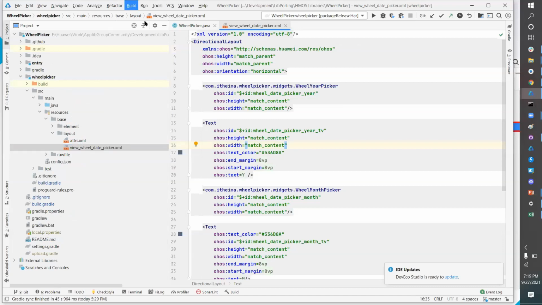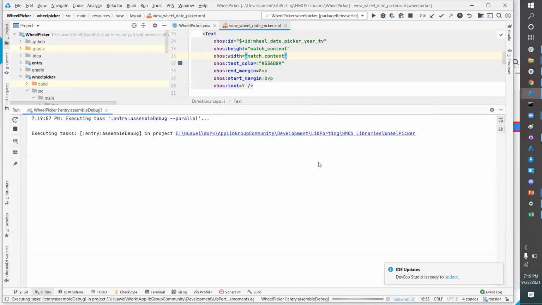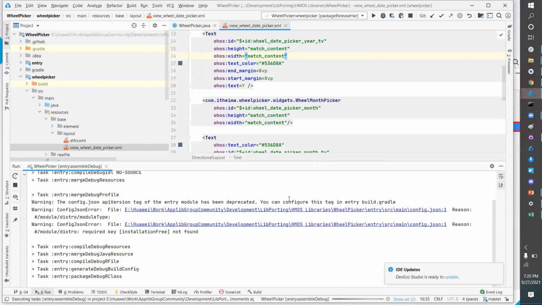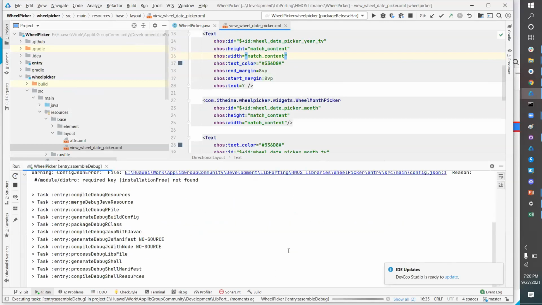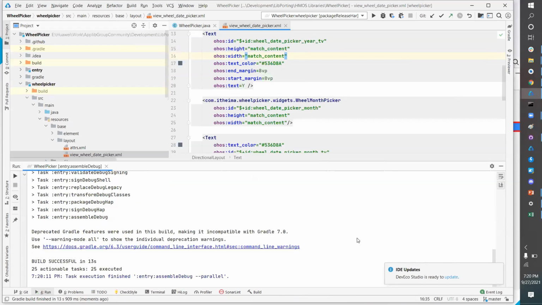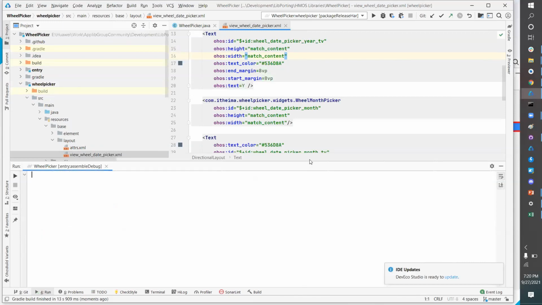We'll build it and see if the project builds well. Once your project is in the state where you see that build is fine, there are no errors, build is successful, my project is not having any errors.